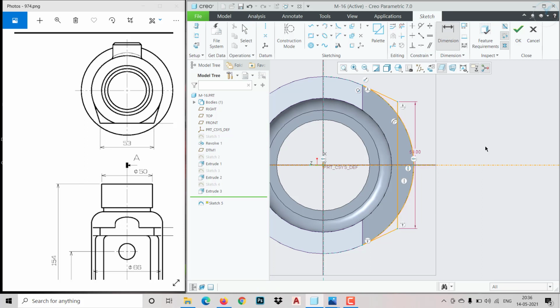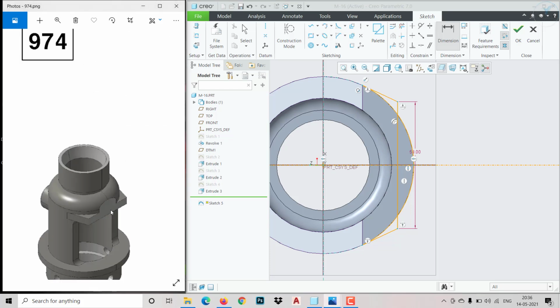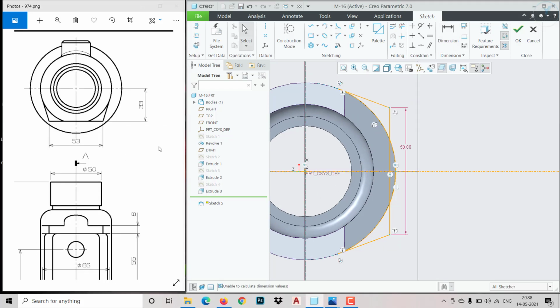Okay, and it is touching tangentially over here, so that is fine. Okay, so they mentioned distance, sorry. So here is the distance, so the distance also we need to give. So it is coming 33 mm. So the other portions which we don't require, all those things you can trim off. So this is the thing we require. So let me click OK.